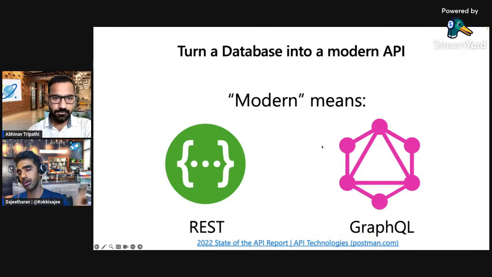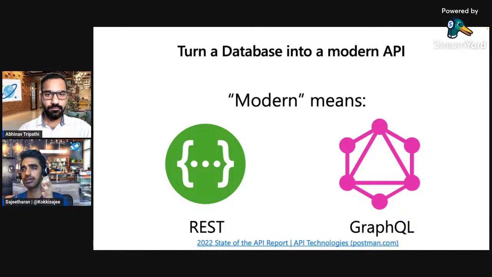And then GraphQL adoption has evolved over the last 4 to 5 years. GraphQL was introduced by Facebook back in 2012 just to cater their own needs. But right now, it has been adopted by many companies and many developers to cater their own needs.